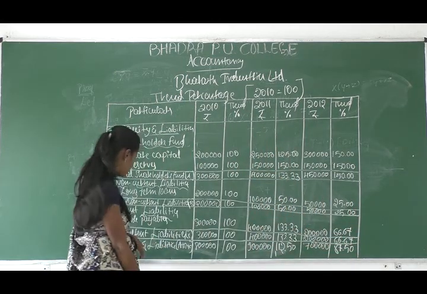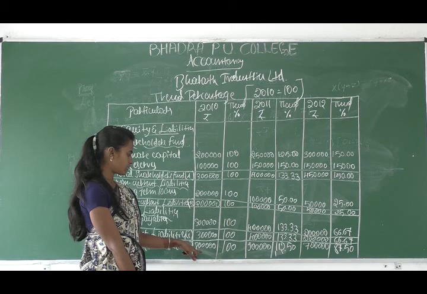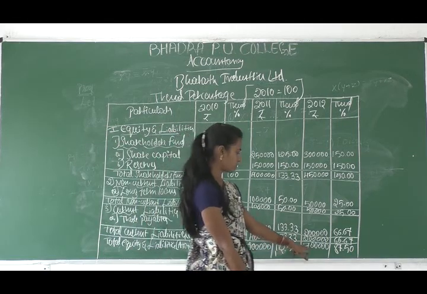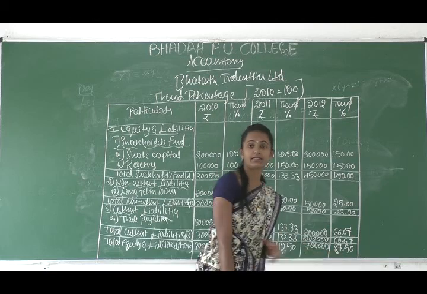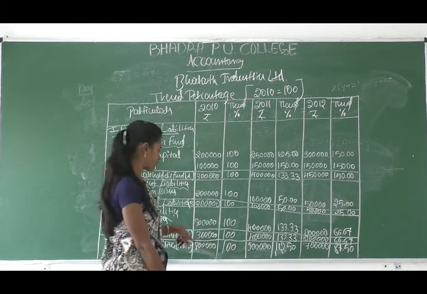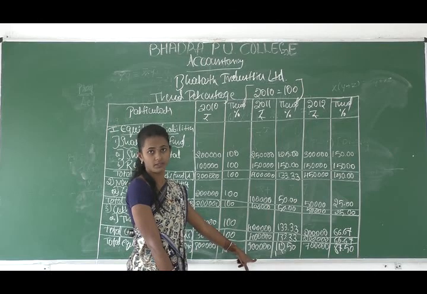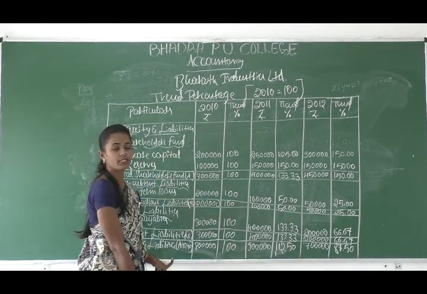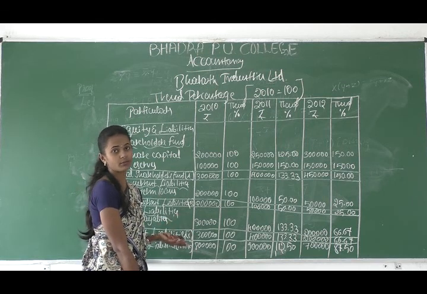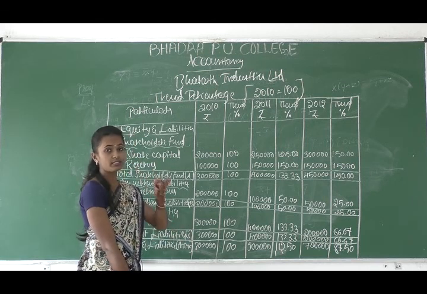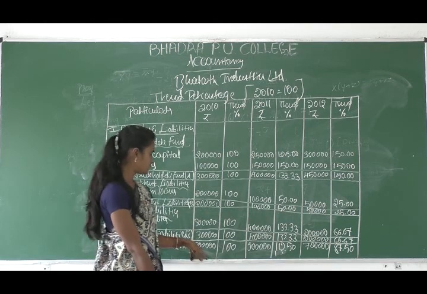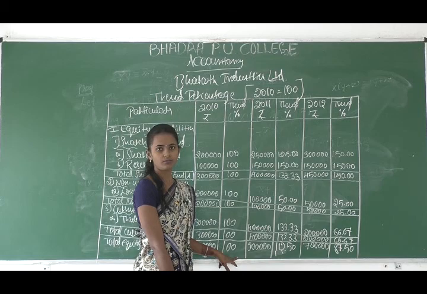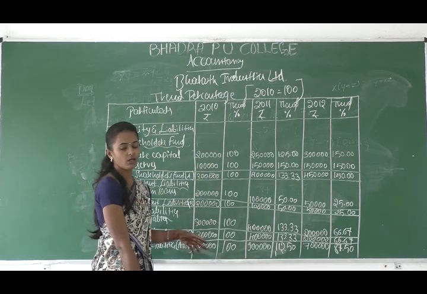Okay, so this is our total equity and liability: 8 lakh is 100%, 9 lakh is 112.50%, and 7 lakh is 87.50%. The last line we must get is the total assets. Otherwise we have only total equity and liability. Next, Roman number two is assets. So finally when we do total assets, there we must get the same amount and the same percentage. Is this clear to you? Okay, I'll just wrap this.